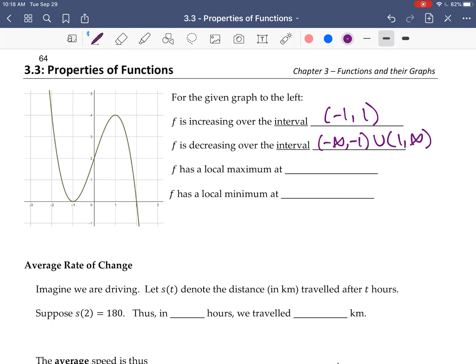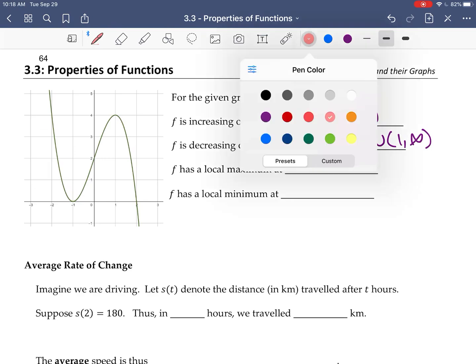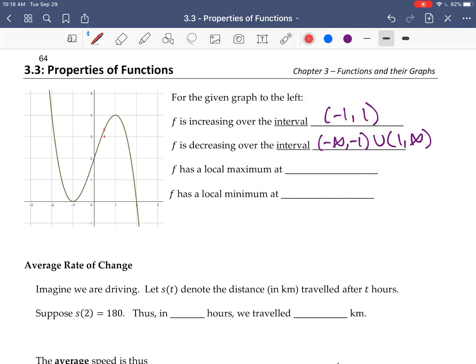Now where would there be a local maximum? You want to look in an interval where the y values are the biggest, where there's a biggest y value. I think here there's a maximum because I could take my interval. It doesn't have to be a big interval, but let's say I take my interval like this. So that's my interval I. In this interval that contains x equals 1,